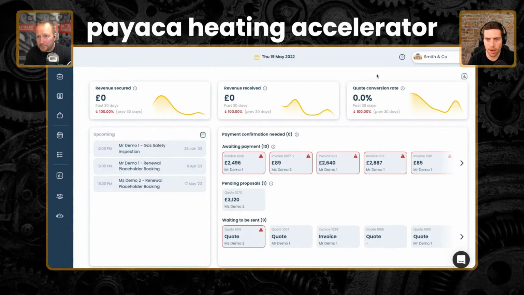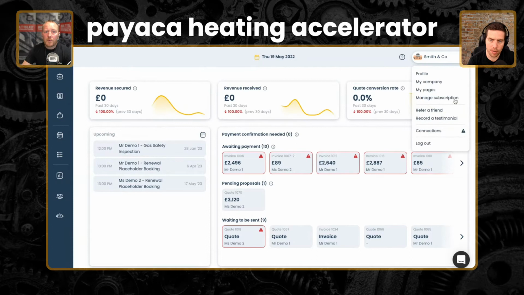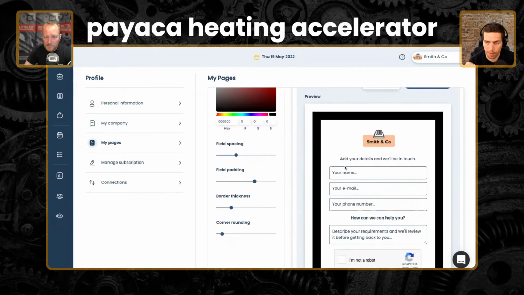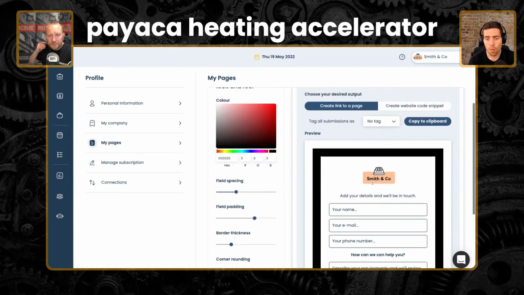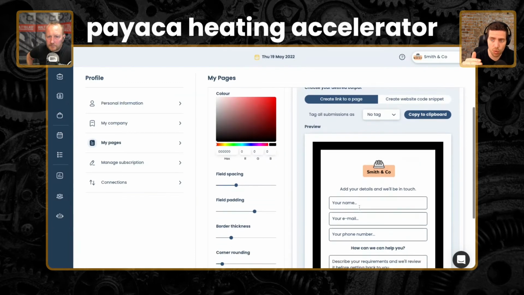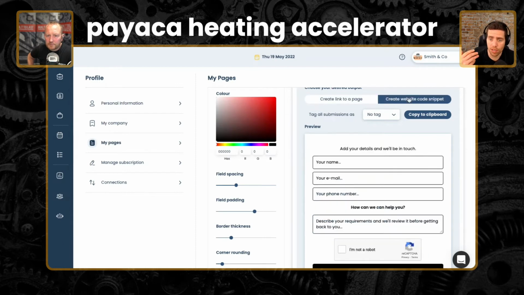Yeah, absolutely. So if you go to the top right here, click the little drop down and click on My Pages. This is where you're going to configure this. Now, we've started with simple, hopefully inoffensive questions that are not customized to your specific example that you shared there, but we can totally do that in the next iteration. What you can do here is two things. Like I described, you can either create a link to this page, which I'll then grab and send to you. You can fill it in, and we'll see if the deal comes through, or